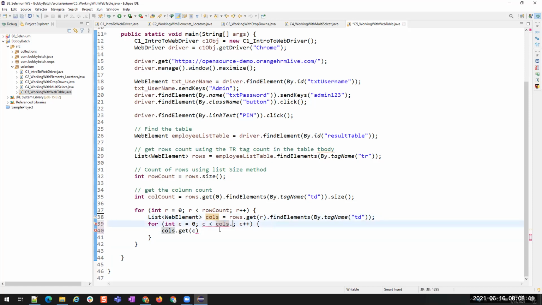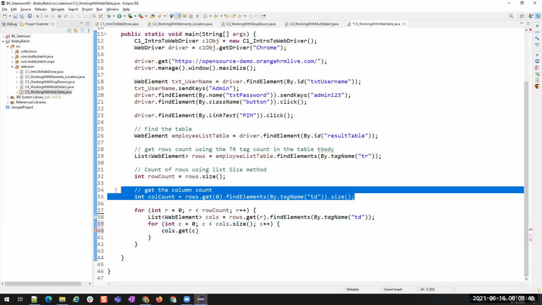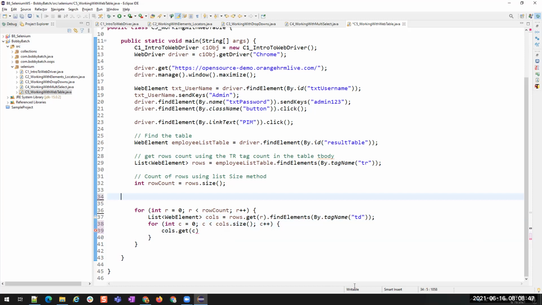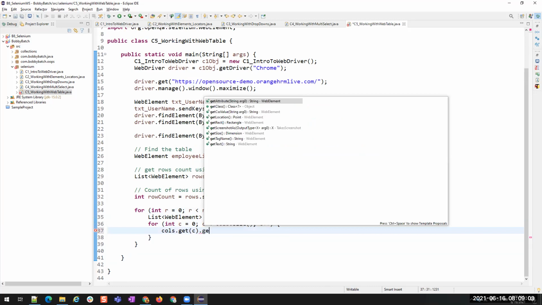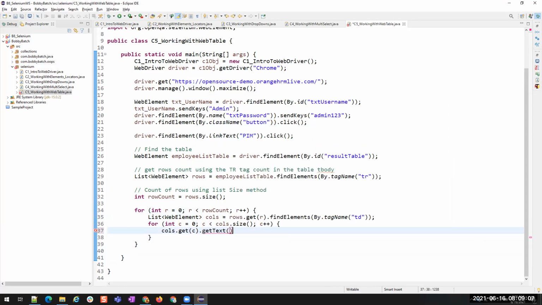If you are using cols.size, then this line is of no need for us. Inside the for loop, I'm getting the column count with cols.size, and then I'm getting that particular column using its index. And then from that column, I have to get the text, right? I'm getting the text. After getting the text, I want to print it, so I'm using System.out.println.